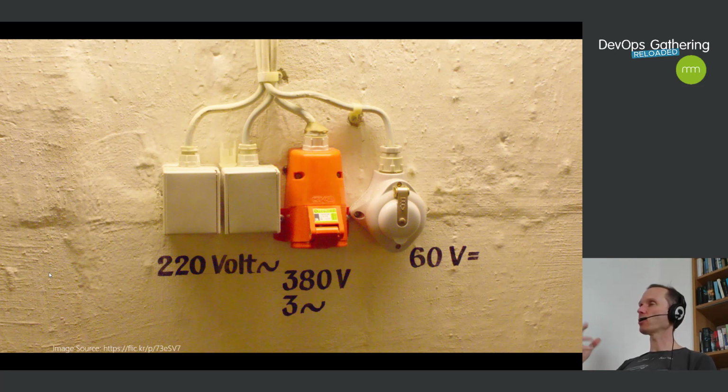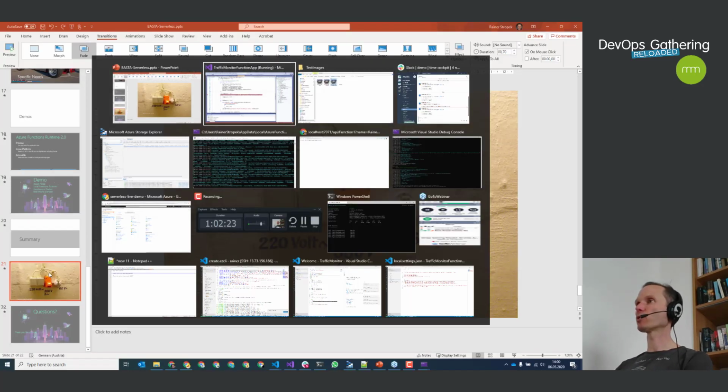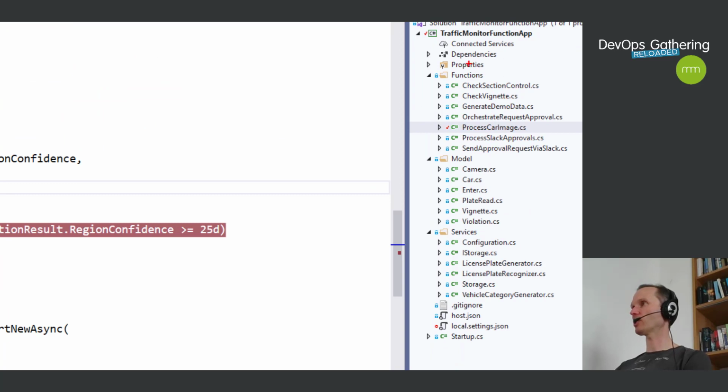It was rather quick when I showed the demo, but we had the notion of the function app. The function app is a bigger concept that is a collection of functions. So a microservice in terms of Azure Functions is not a single function, but it's the collection of functions that logically belong together. So if you take a look in my Visual Studio, I have a bunch of functions, as you can see here, and they are maintained inside a common function app. So if you have a microservice, the microservice is not the function, but the function app. This is my first answer.